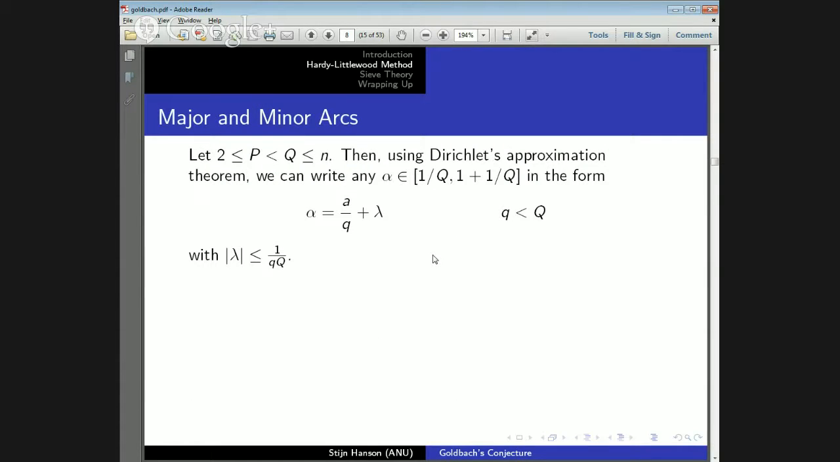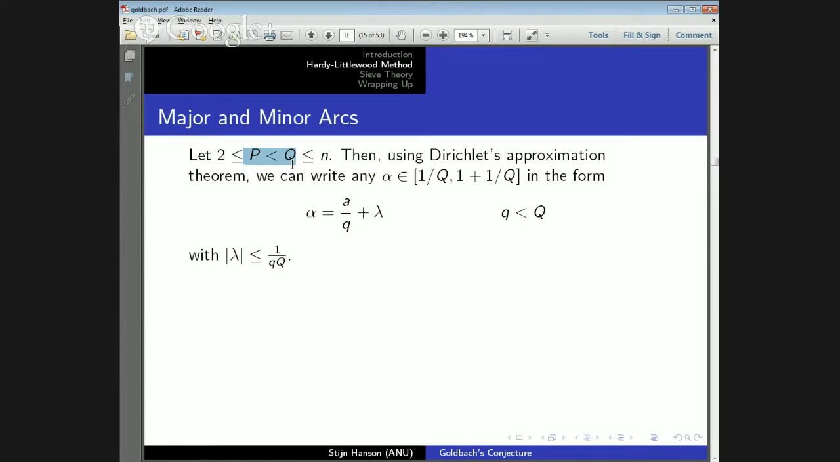But the way we treat this integral is that we don't just look at it from 0 to 1, because of how irregular that sum over primes is. We want to split it up a little bit, and we split it up into what are called major and minor arcs. So we're going to let p and q be between 2 and n, with q being strictly bigger